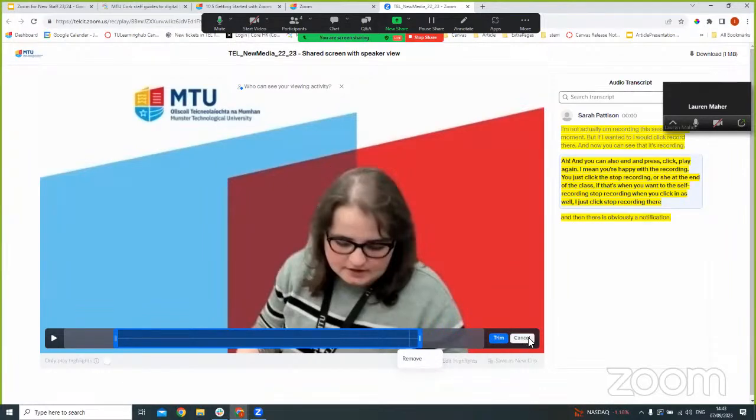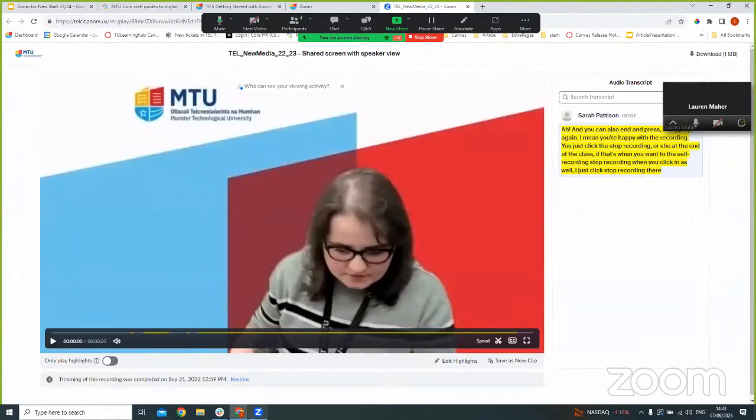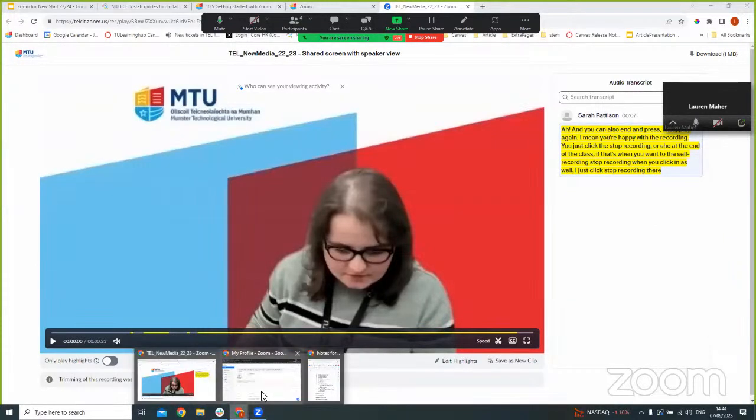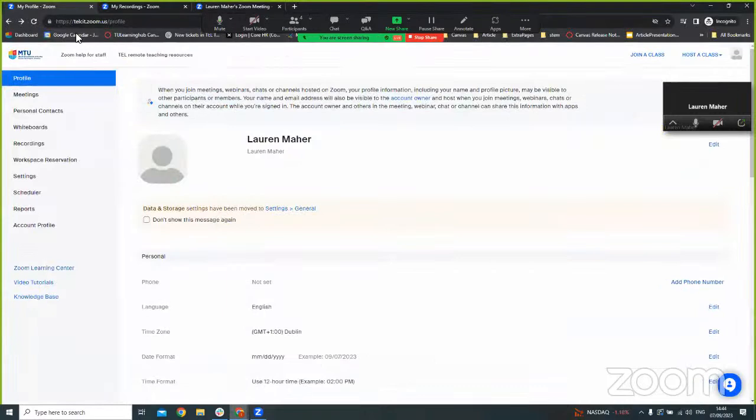Now, if you come through this way and you're not seeing that little scissors, I just want to show you where you can actually find it as well. If you go to tel.cit.zoom.us, you can find this link in all the help docs as well. This is your profile. This is your online web profile for your Zoom. So I can see my menu here, and I have all my recordings right here. So if I click onto my recordings,